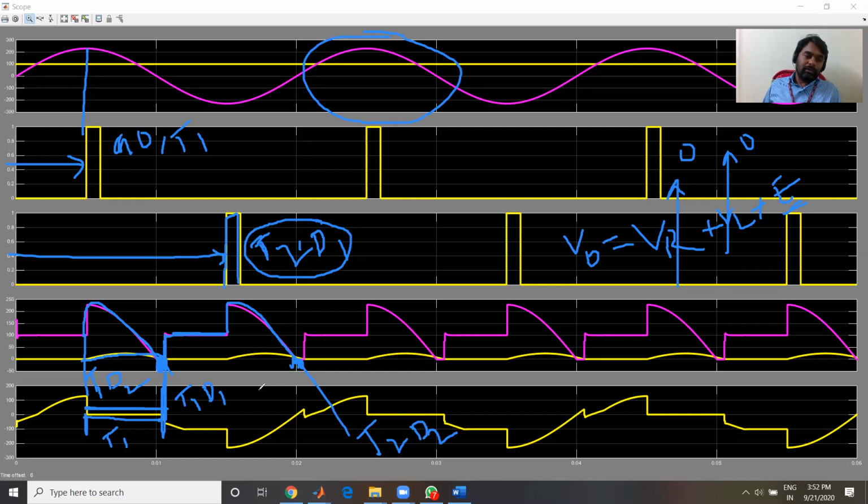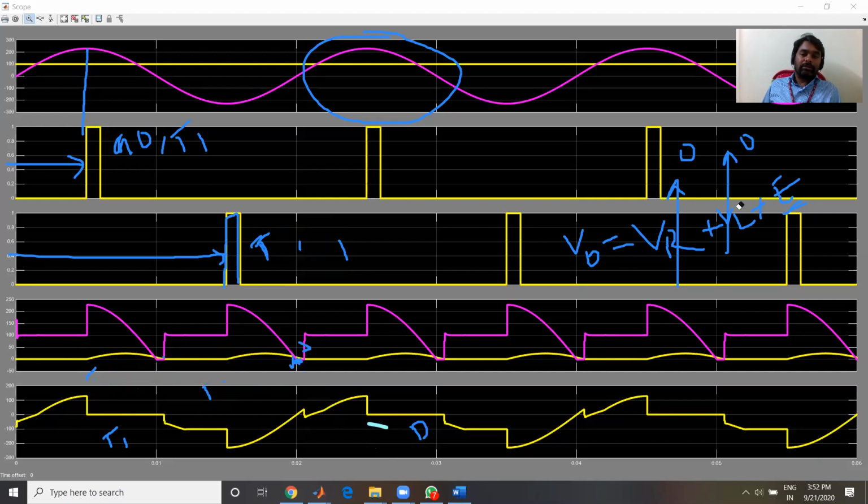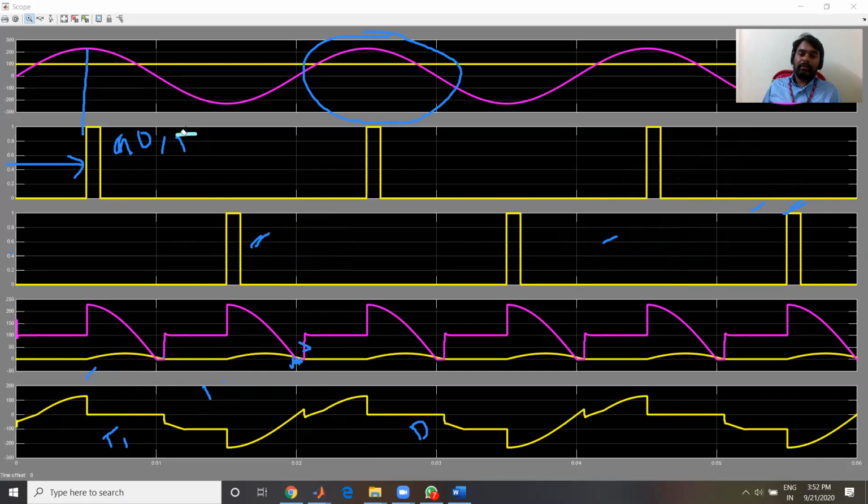So during this interval, if you want to see the voltage across T2, from here to here, you will get 0 voltage across T2. In the simulation, meaning an ideal waveform, you will get this. So this is what the effect of the battery at different firing angles looks like.